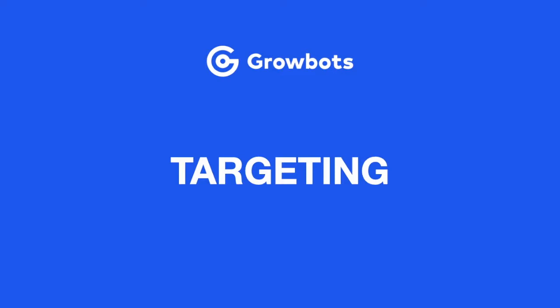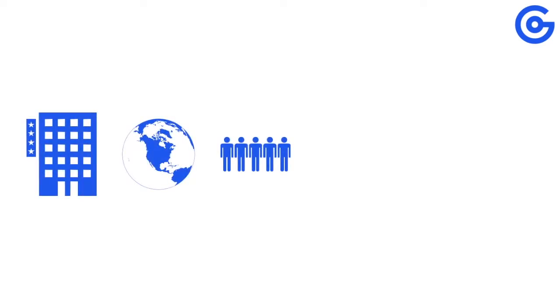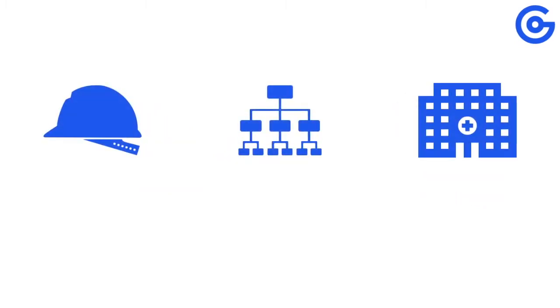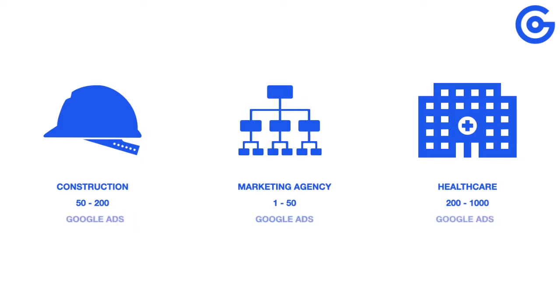Before you start creating a new campaign, it's really important to have a target already set up. Think about the industry you want to reach, the location, size of the company, and who from those companies you'd like to contact. If you don't have a specific target, think about your current customers. Try to find any connection points between them, like the industry, size of the company, or even technology that is